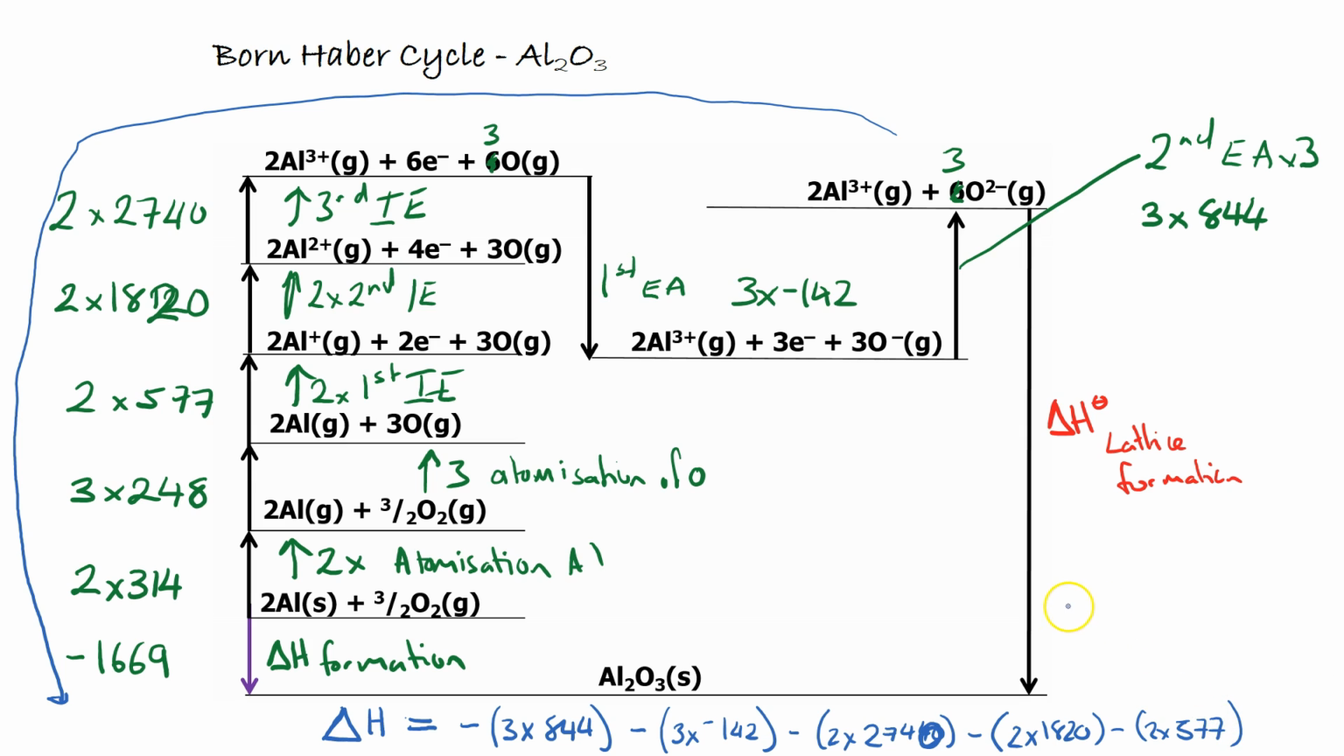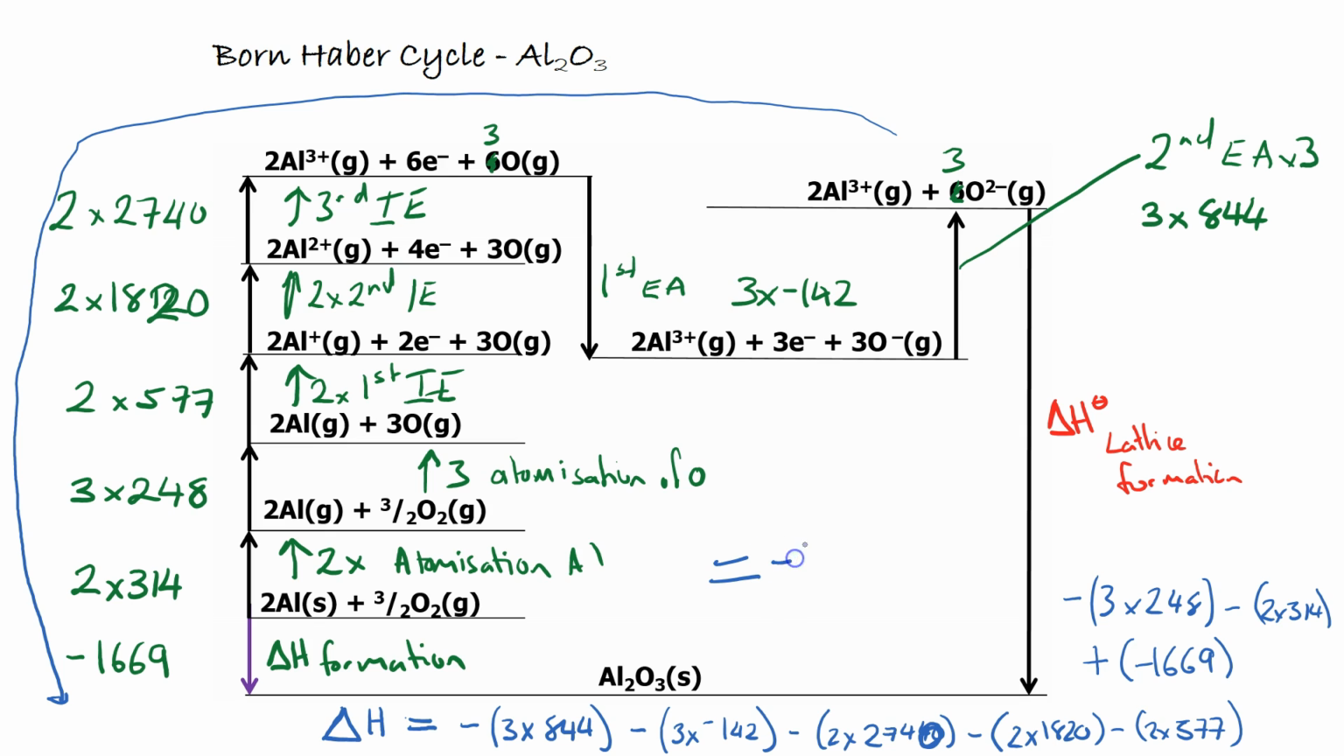I'm just going to come up here. We're minus 3 times 248. We're minus 2 times 314. And the final step there, the enthalpy of formation, we're plus minus 1669 kilojoules per mole. So if I put all of those into my calculator, you're going to end up with